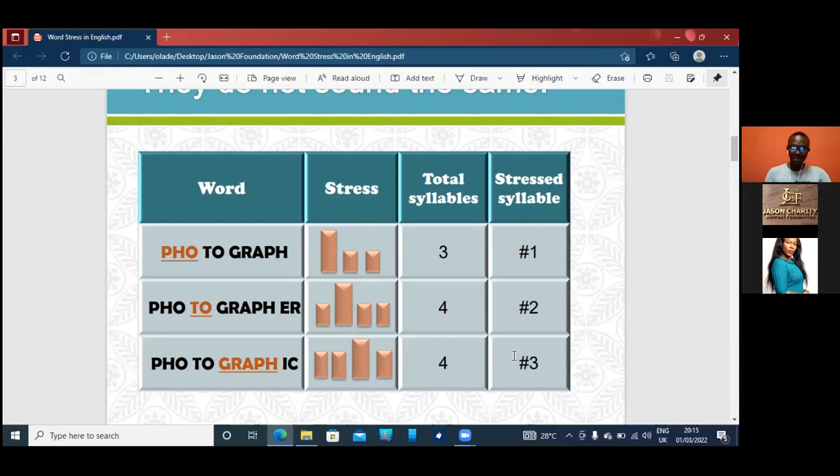But then in the second, the stress shifts to toe. Now the toe does not contain the schwa sound, but contains the O. So the stress shifts to the second syllable. And then in the last example, you have the stress on graph, the long R sound there. So the first two syllables will have the short